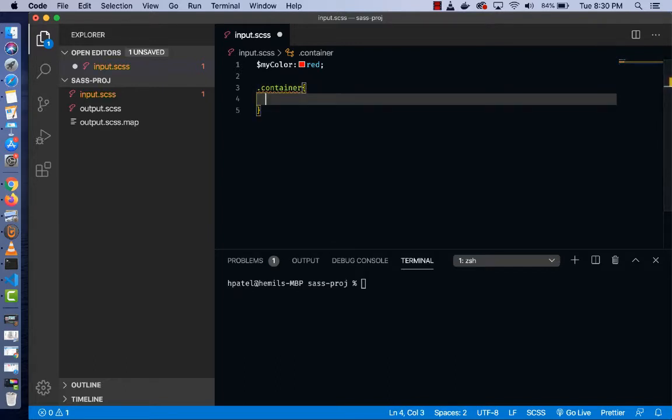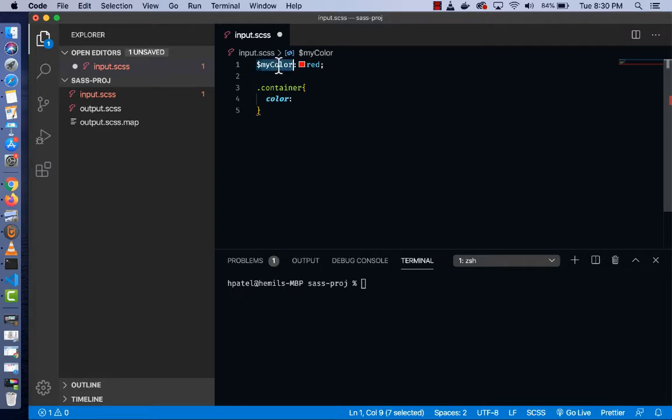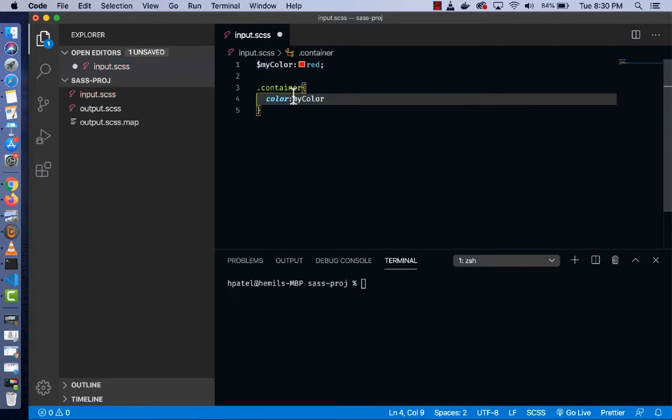And inside I want to say, color is, let's say, red. But instead of saying red, I'm just going to use this variable, my color. And I have to use this $ sign. Now, $ sign variable, that's not CSS syntax, as you can recognize it, right? So this creates a variable, and when I run the preprocessor, it would take this red color and basically write